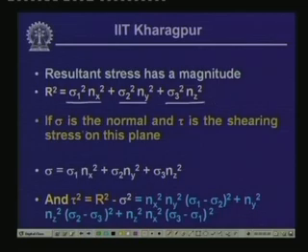Now, if sigma is the normal stress and tau is the shearing stress on this particular plane, which we are defining as octahedral plane, then the normal stress sigma can be represented in terms of sigma 1, sigma 2, sigma 3 as sigma 1 n x square plus sigma 2 n y square plus sigma 3 n z square. This we compute writing the equilibrium equations in the normal direction as we have done in the previous cases,